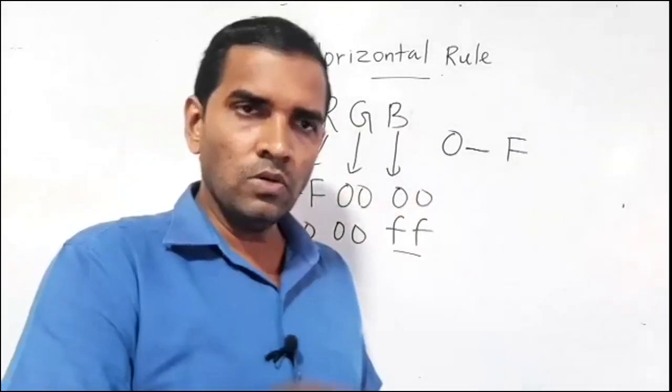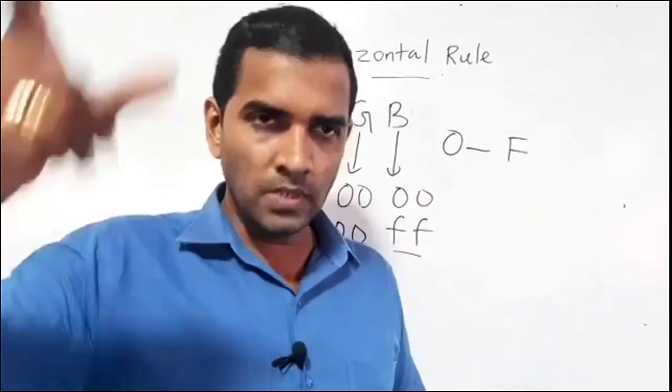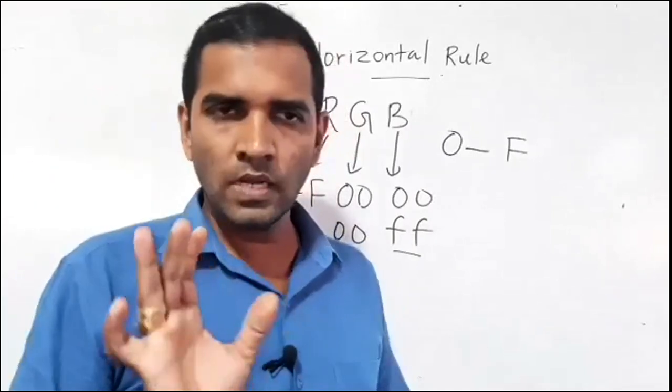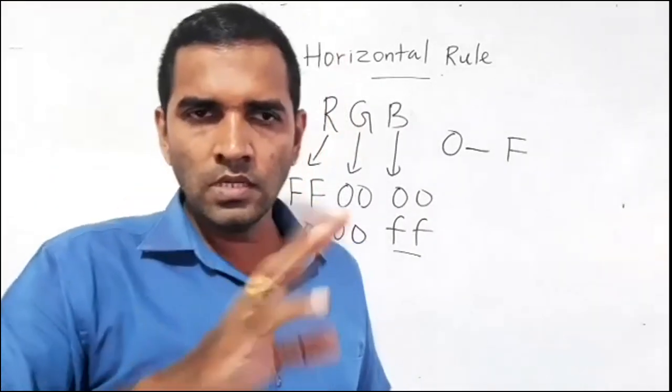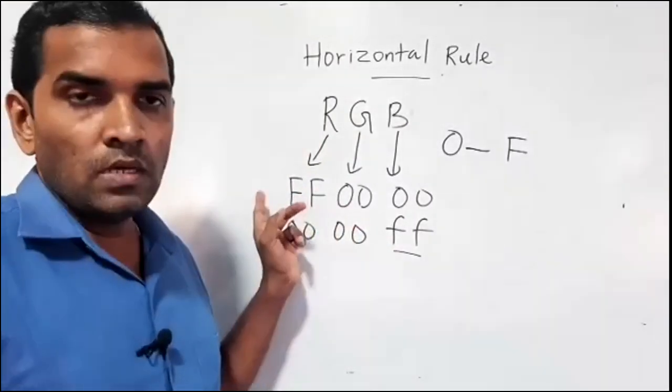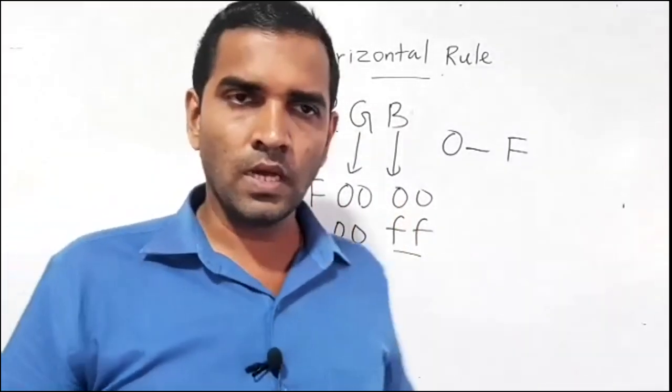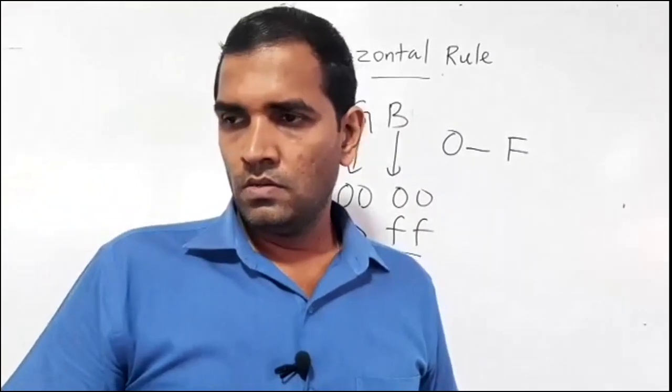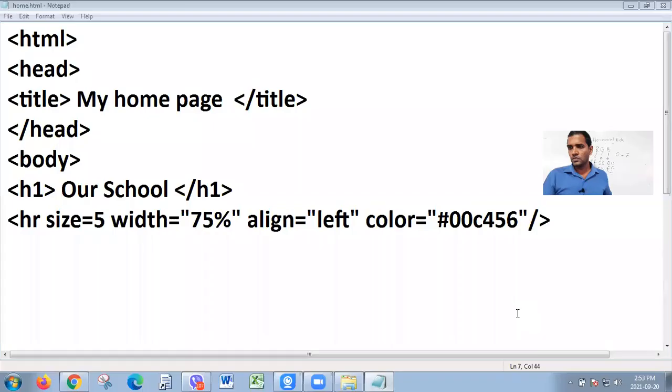So if it is 0, no color. If it is 15, which means FF, they take the original color. You can change the digit from 0 to 15, right? Always keep the hash sign in front of the color, okay? Right, so this is how